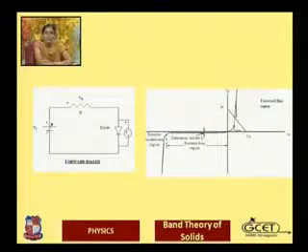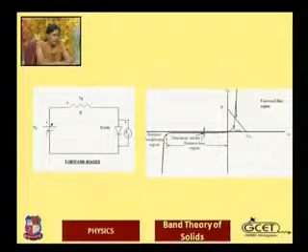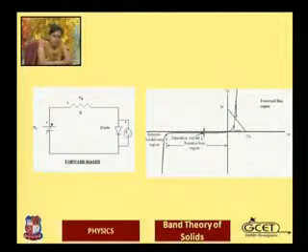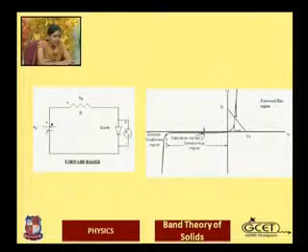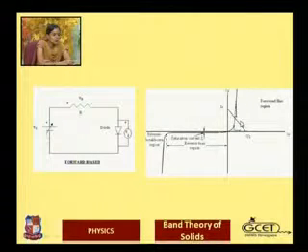So the diode can be used as an on-off switch in many circuits. One can find out the resistance of the diode from the VI characteristics, using the slope of the characteristics curve in the active region. And in the active region, if I find out the slope, it is actually the dynamic resistance of the diode, right? The line which is shown here cutting the curve is known as the load line.